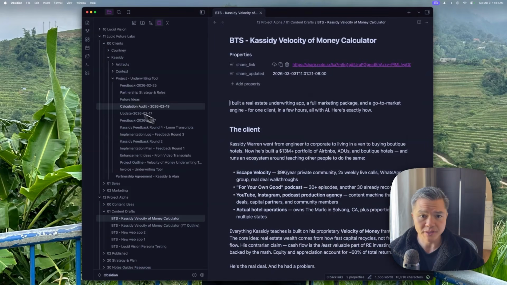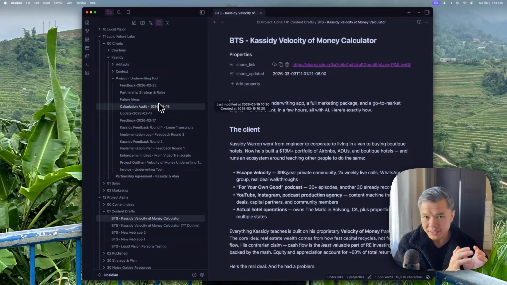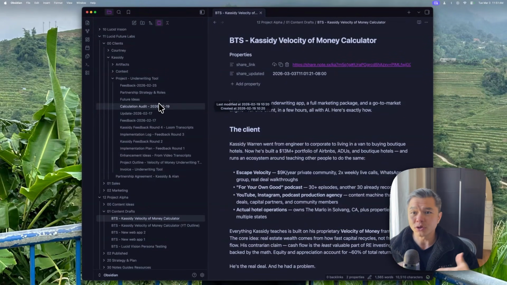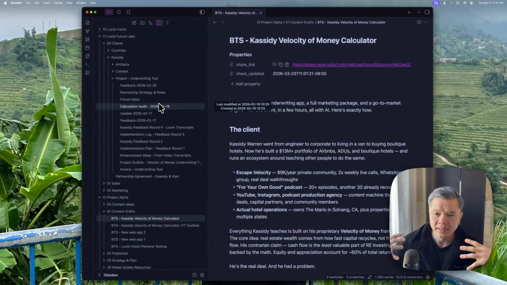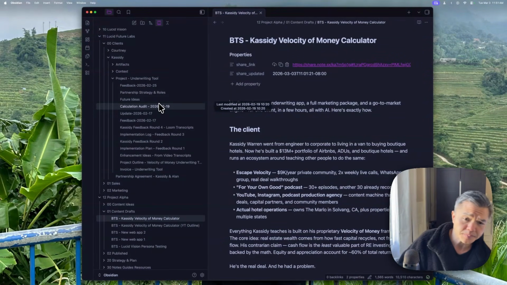I took this transcript, and you can see here, I use a knowledge-based tool called Obsidian. Some of you might be familiar, but you can just think of Obsidian as almost like Notion or a note-taking app, but instead of being locked into their ecosystem, Obsidian is really just a collection of text files in folders on your computer. So it's very open, and you can easily integrate it, edit it, and connect it to all sorts of different tools, and it's open source. And so it's much easier to extend and to plug into AI tools and AI agents.